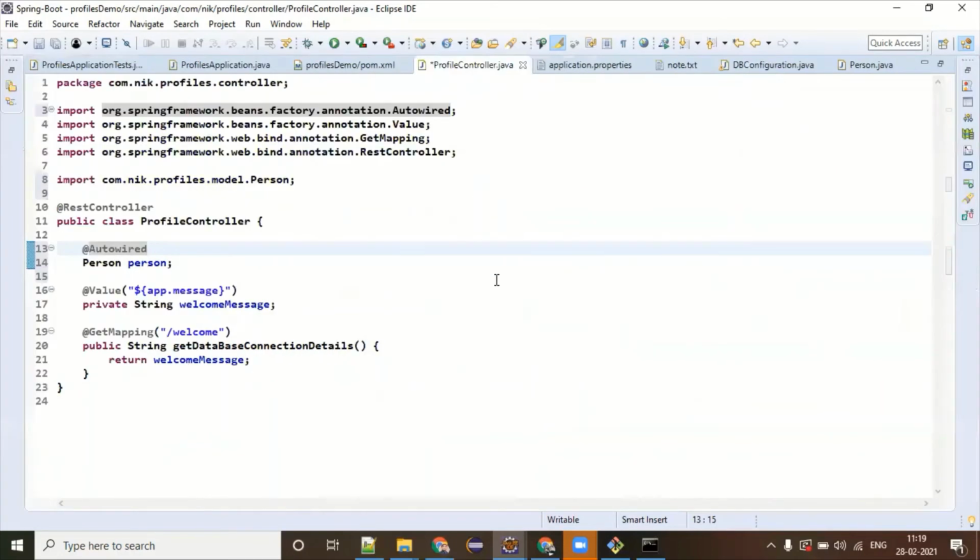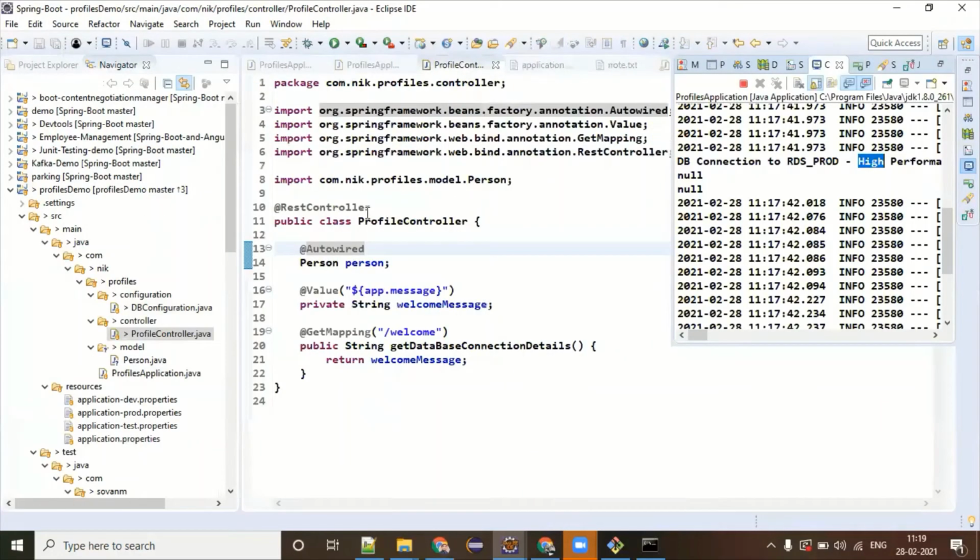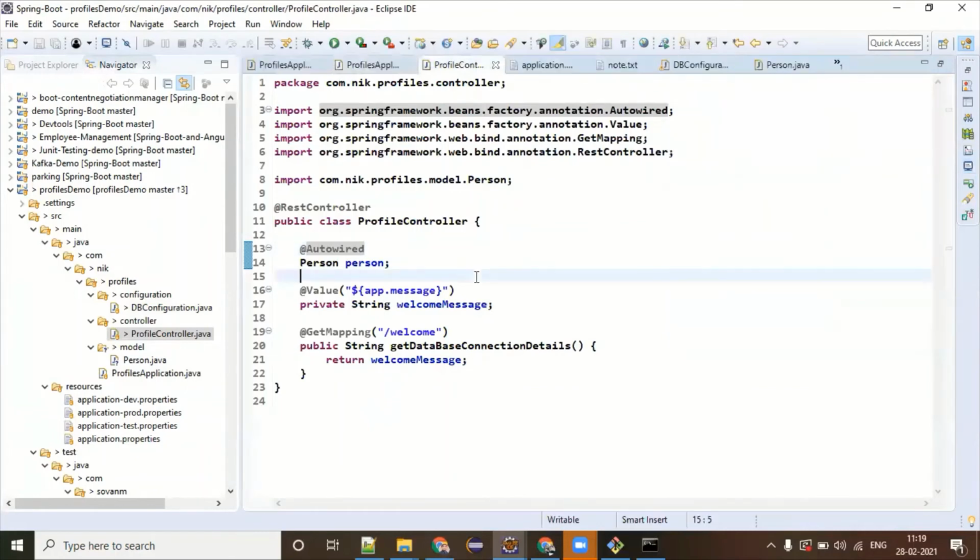Now what the Spring application will do, since the person object is created and it will be autowiring,